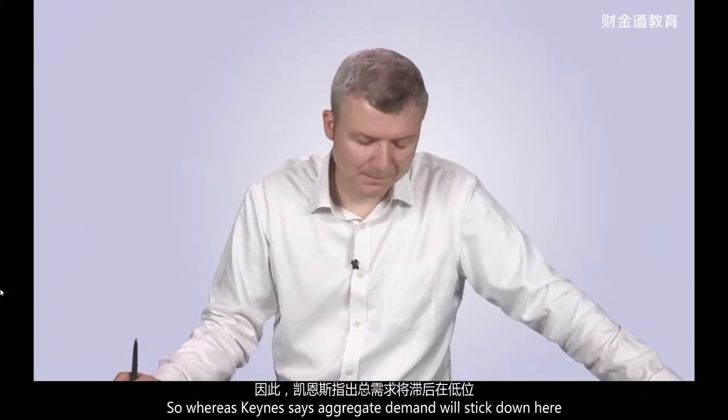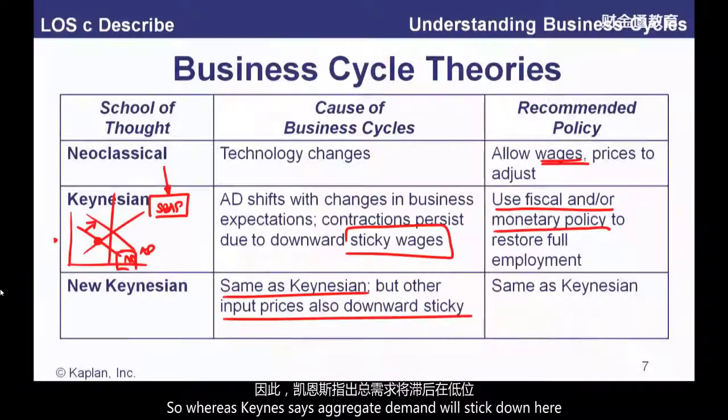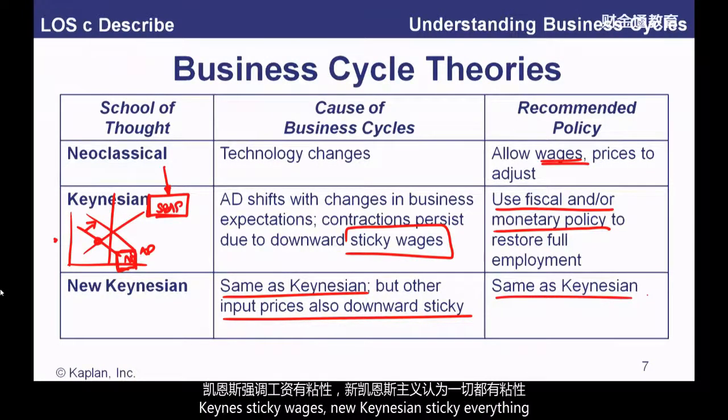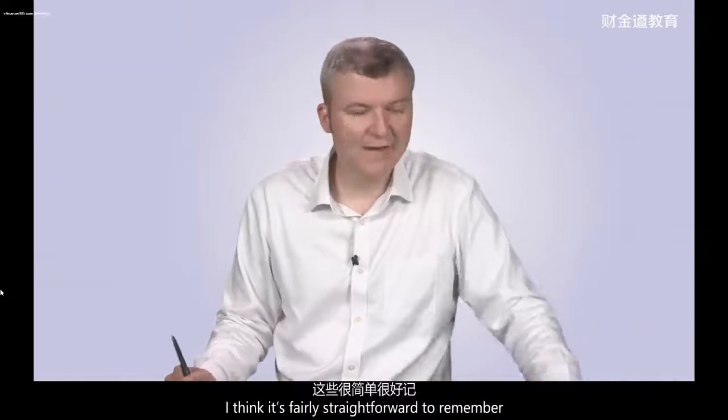So, whereas Keynes says that aggregate demand will stick down here, short-run aggregate supply won't move. New Keynesians say, well, exactly the same. So their policy is exactly the same. The only difference, Keynes, sticky wages, New Keynesian, sticky everything. So that's a kind of classic trade-off. I think they're fairly straightforward to remember. On the next slide,